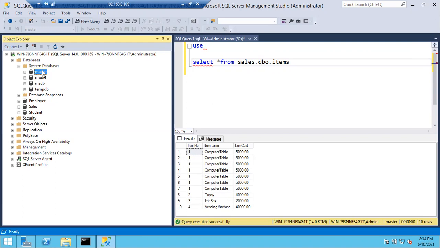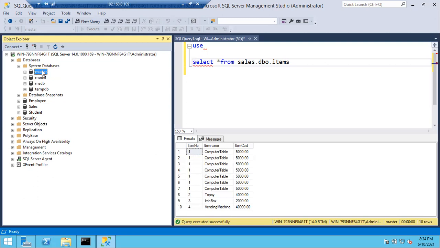The most important system database is the master database. Master is a very important system database. Master only will control your SQL Server. Whatever objects you are creating, databases, logins, tables, records, master will know each and everything.